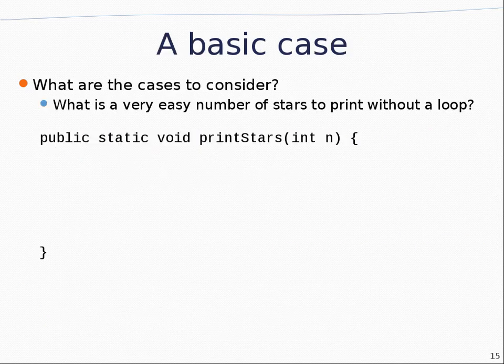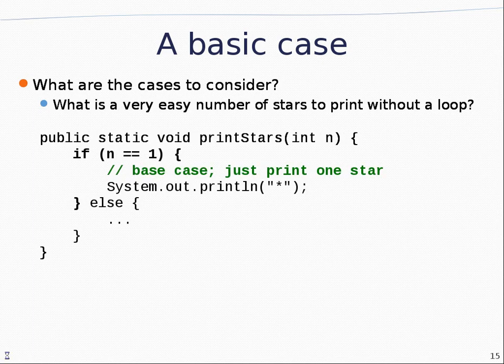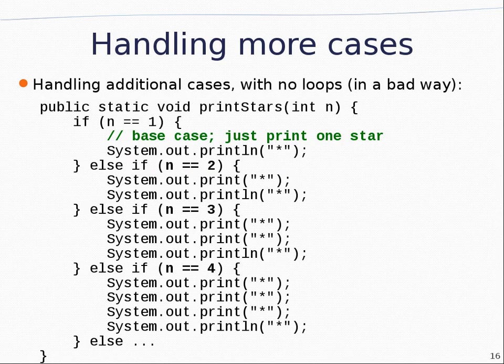All right, so what are the cases? Let's go through the slides just to say it again. The basic case, n equals 1. Okay, with 1 or maybe 0, you could just print out a star. With 1, you print out a star. With 2, you'd want to print out 2 stars. 3, you want to print out 3 stars. 4, you want to print out 4 stars. Wow, that's getting a little complicated. So that's a little too much right there.